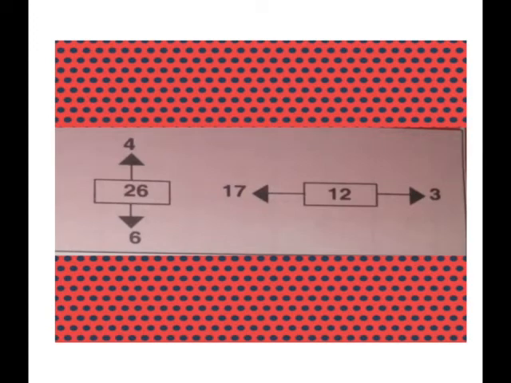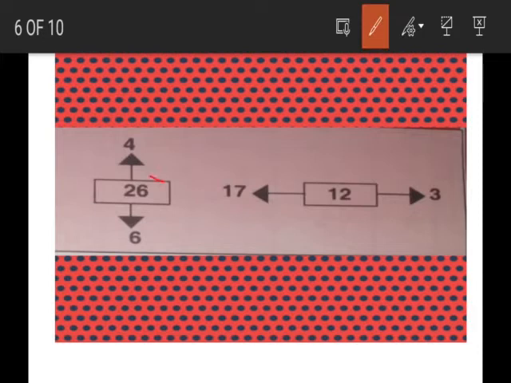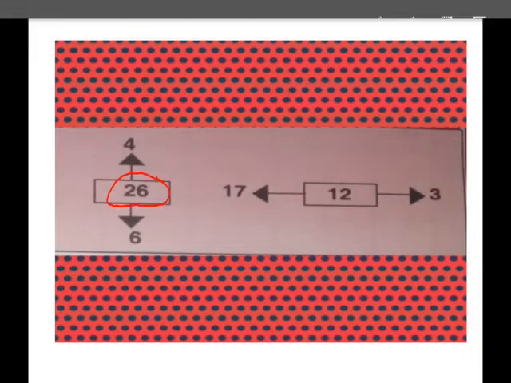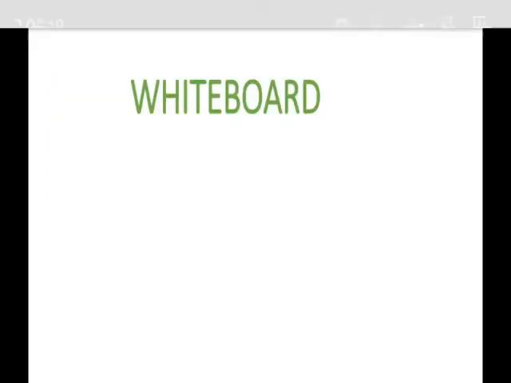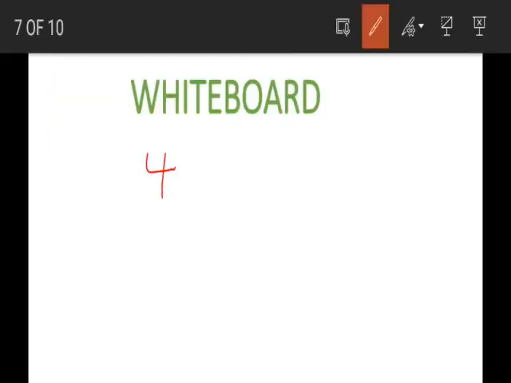Alright, here we have two samples given to us. Let's work with the very first sample. Assuming 26 was not given, how can we get our 26? What we simply do is multiply 4 and 6. That is 4 times 6. 4 times 6 will give us our